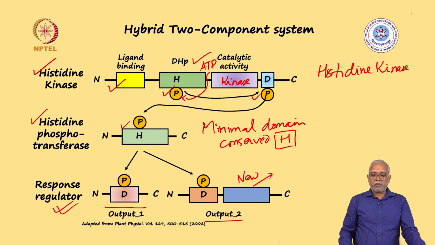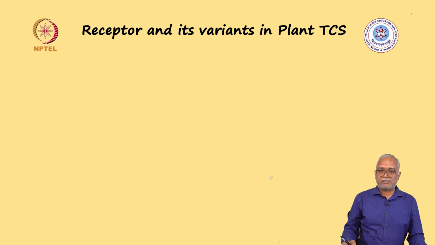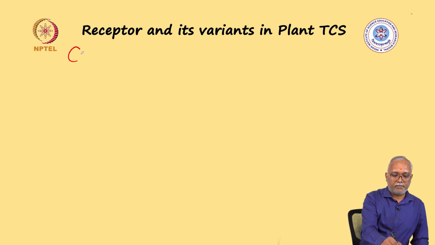So when we talk about the two-component system, I also mentioned that there are divergent type of components in the two-component system of the plants. So let's take some example, or what kind of diversity or variance exists in case of plant two-component system. I told you that there are two basic hormones to which the plants respond through the TCS signaling. So if we think about cytokinin alone,